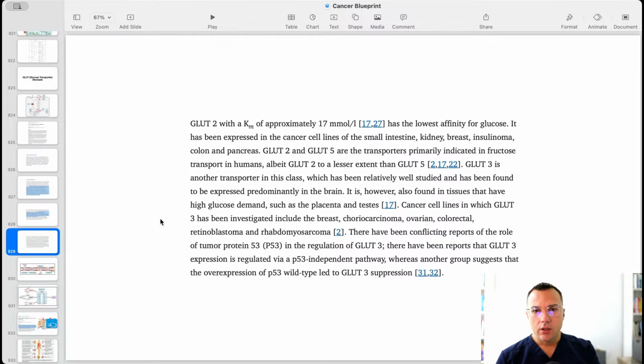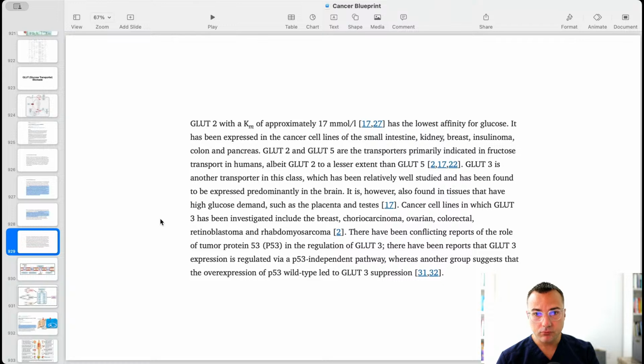GLUT2 has the lowest affinity for glucose. It has been expressed in cancer lines of the small intestine, kidney, breast, insulinoma, colon, and pancreas. GLUT2 and 5 are the transporters primarily indicated in fructose transport in humans, albeit GLUT2 to a lesser extent than GLUT5. Interesting. So they're saying that GLUT2 can do both glucose and fructose, but GLUT5 is much more responsive to fructose than